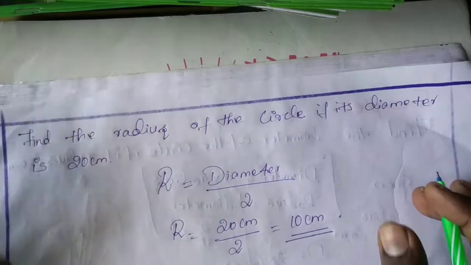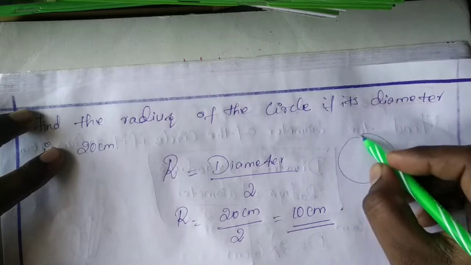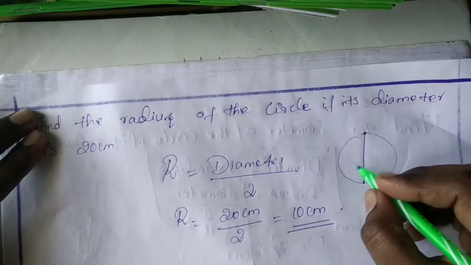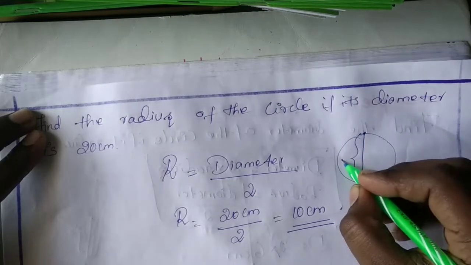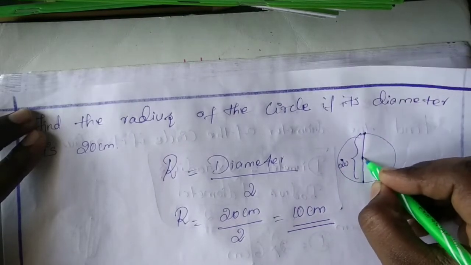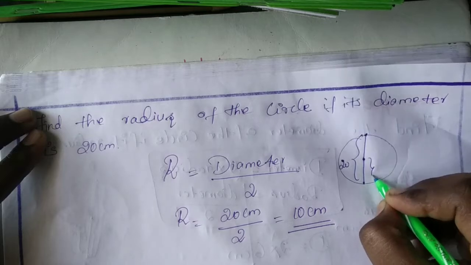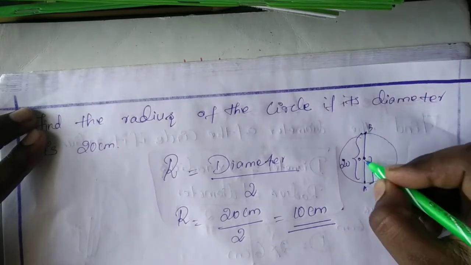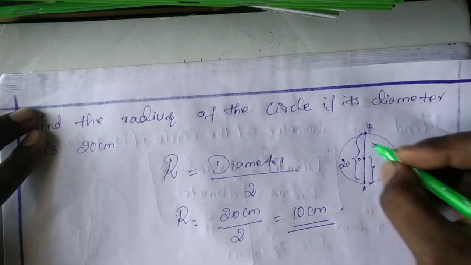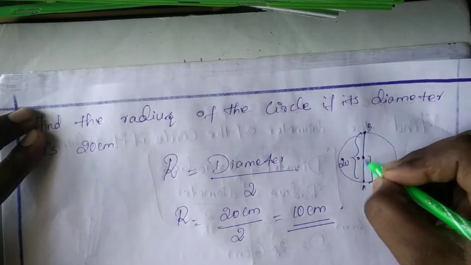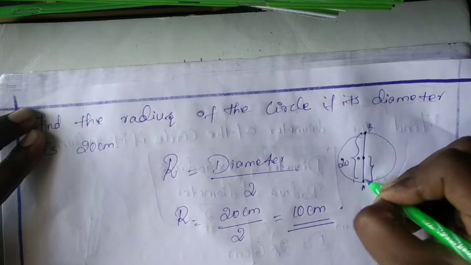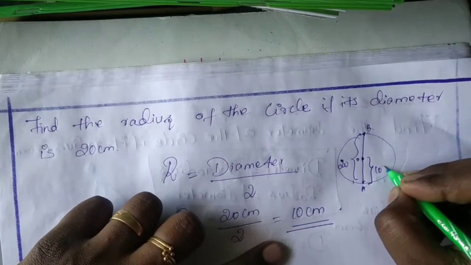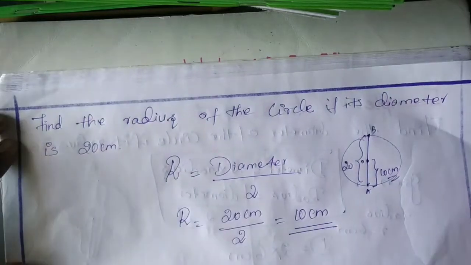Okay, so consider one circle. In this circle, diameter means from here to here, the full line. This is diameter. The entire length is 20. It passes through the center. Now radius means this length, from this O to A. For example, OA is called radius. So BOA is 20 means OA is just half of this, that is 10 centimeter. Okay, guys, are you clear?